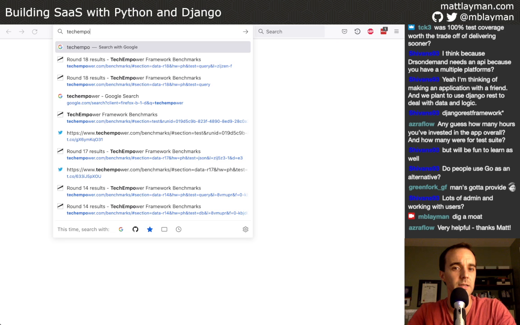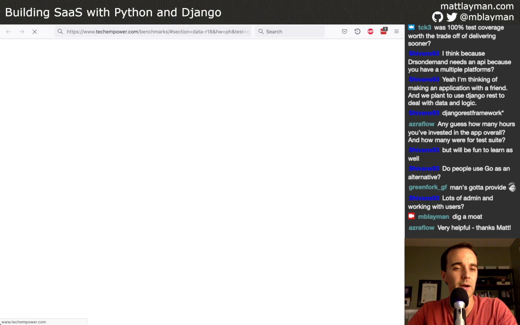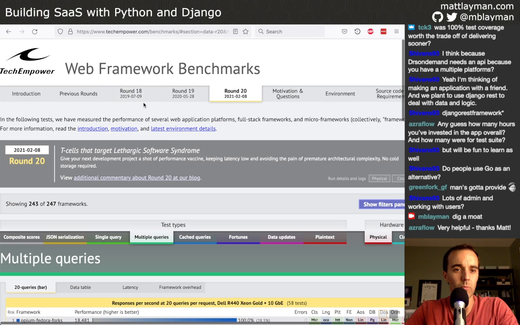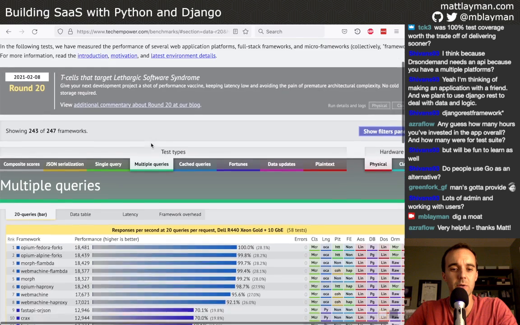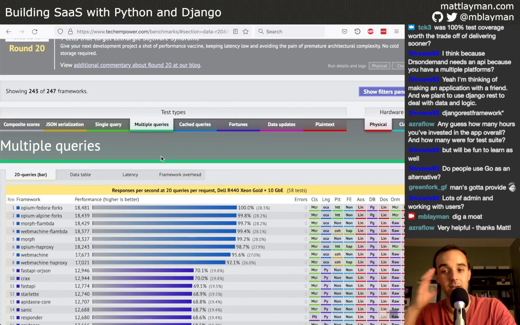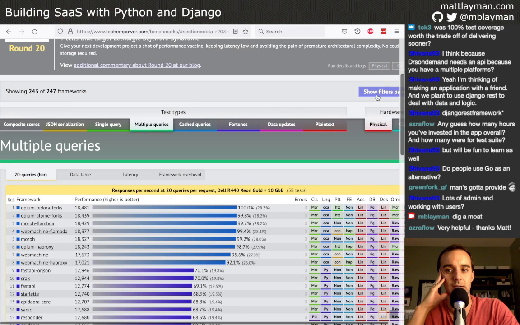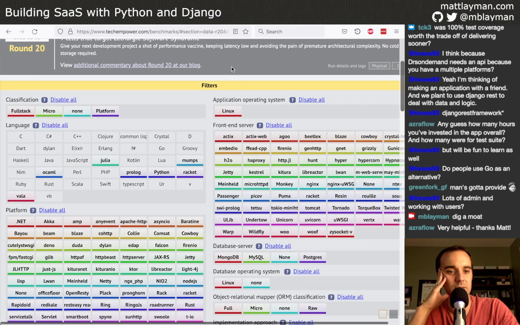If you look at the site Tech Empower, this is a pretty cool little website that is informative about a lot of stuff, but it's the Tech Empower benchmarks. And they take a lot of really popular frameworks and compare them. And they compare lots of different languages.